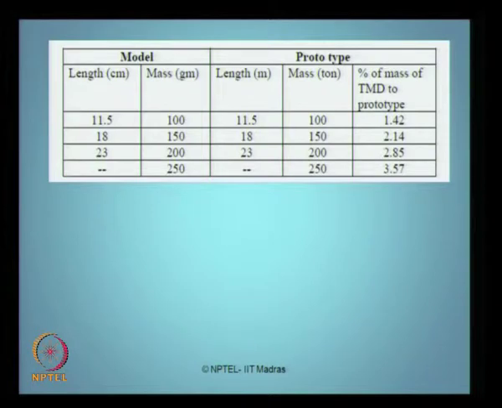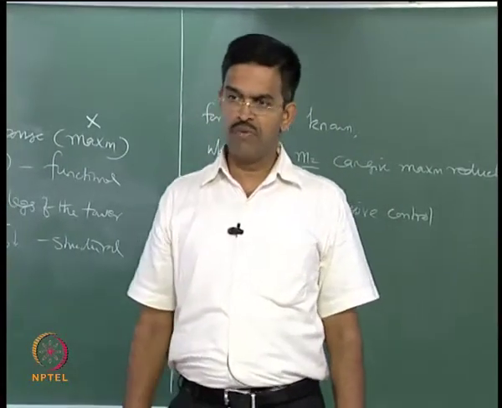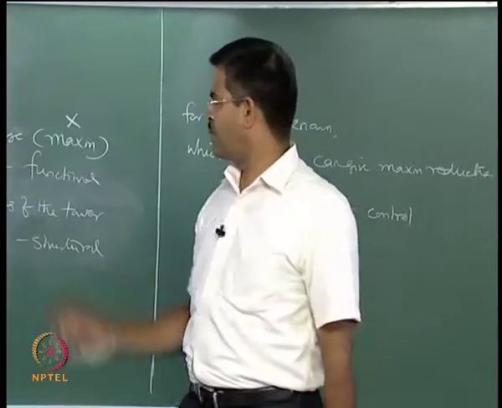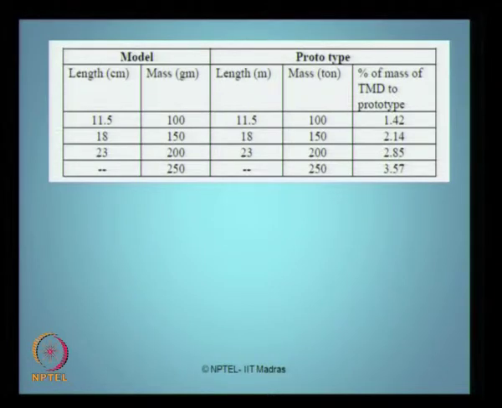So, this can be achieved either by having a different diameter of the member in terms of its leg of the secondary mass, or by varying the length of the pendulum, or the mass of the pendulum in grams, of course corresponding to so many tons. One may wonder how I can suspend a 250 ton or 200 ton pendulum. Okay. I am talking about a structure whose weight is around 17,000 tons, because my percentage is only 2.85. Look at the value, do not look at the mass of the pendulum, look at the percentage of that mass of the pendulum with respect to the original prototype. So, it is just 2%. Okay. This can be easily done.